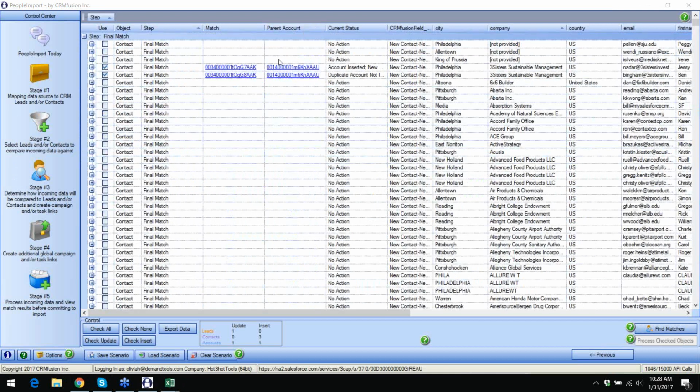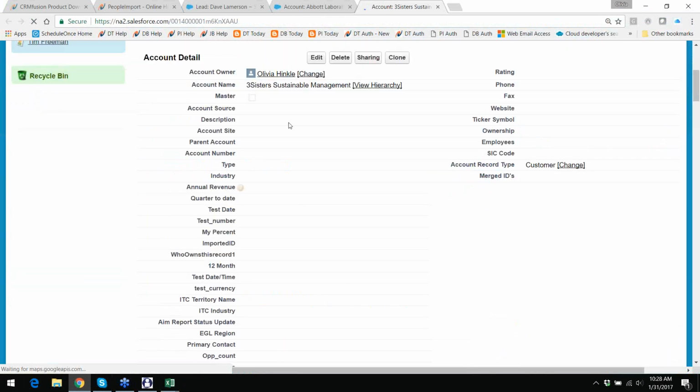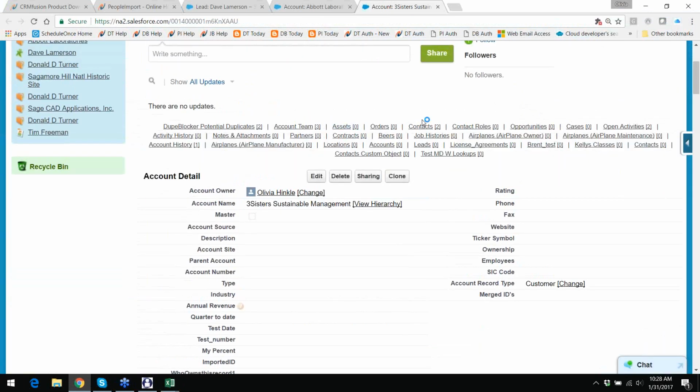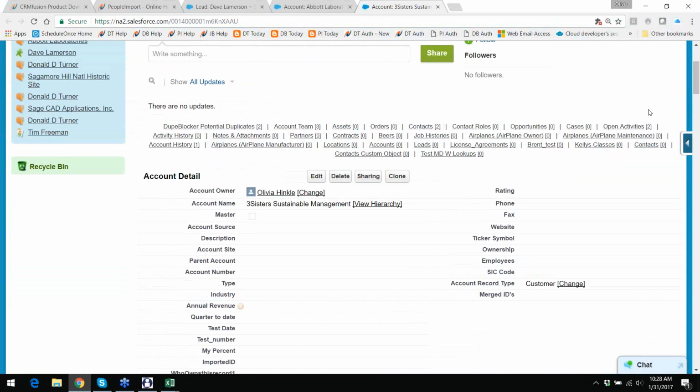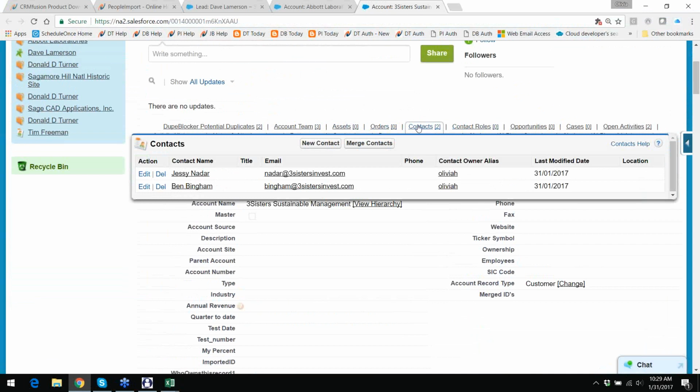Oh, we did these guys. So look, this one was the new contact, new account. But because the account names were the same, I said just create it once. Look at the account IDs. They're the same, different contacts. So when I go there, one account and two contacts. And of course, if we go under the contacts,